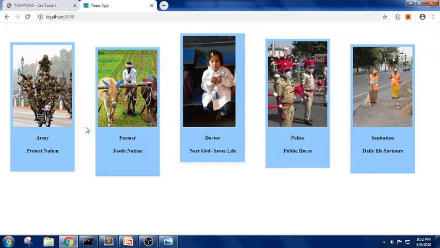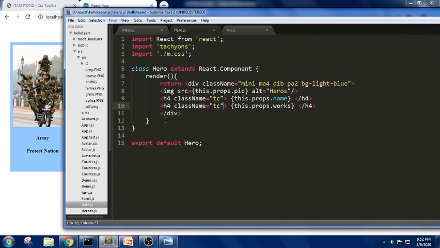Now as we have defined this thing in a separate hero.js, I just want to place everything in a separate file and call it. So let me take out a new file and name this file as heroes list. I just want to list out all these items.